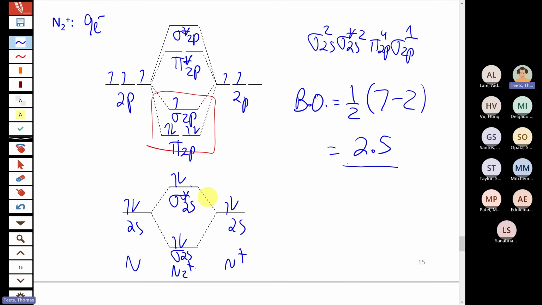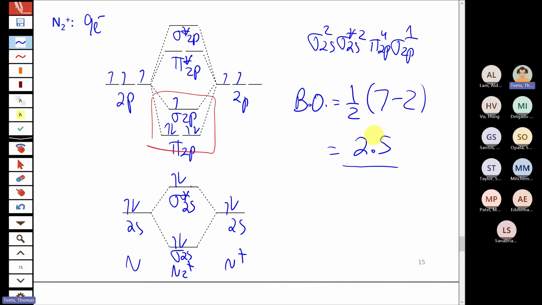Now, some patterns that are helpful to recognize as you do this, because it seems complicated, and in reality it kind of is, but the types of stuff we're going to ask you are typically pretty straightforward on this. It's going to be, again, filling in the orbitals with the correct number of electrons, and then asking some question about the electron configuration, the bond order, or the magnetism.